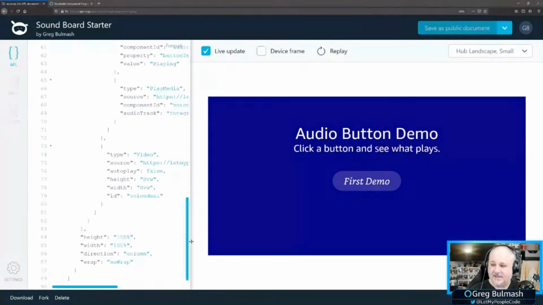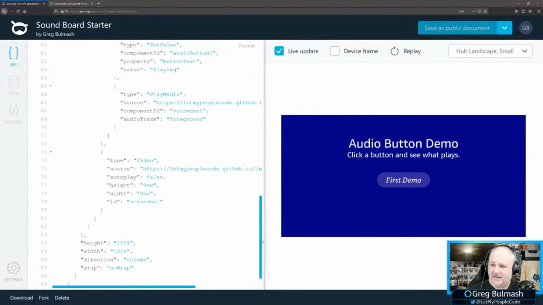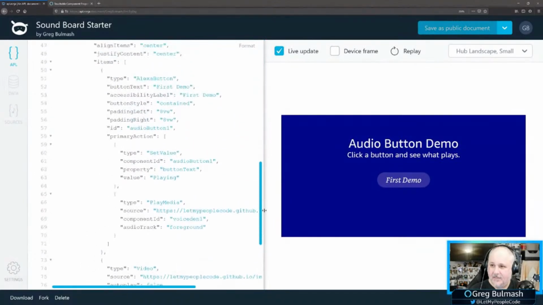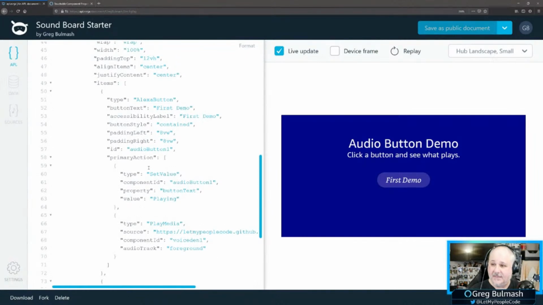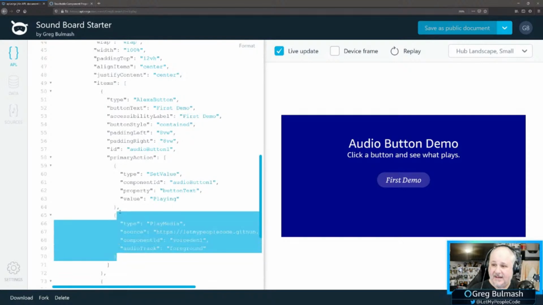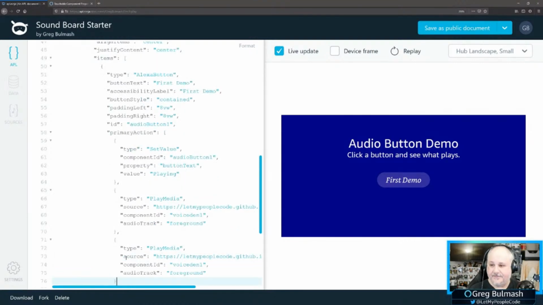some options. This is a little difficult when it's this big, so you can see it. But we have our primary actions, which are we play the media and we set the value. And we can add on another set value here. So at least when it's playing, we'll get a change. And with this, what we're going to do is we're going to change this to a set value.